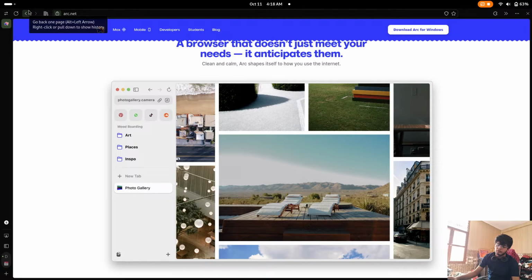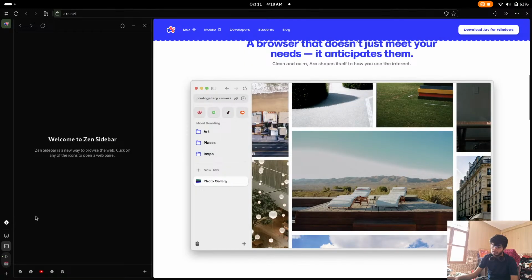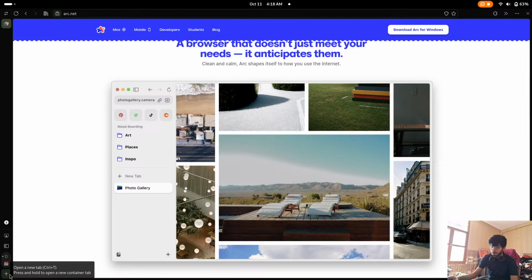You have to create some new profiles, you can get it here. And this is the Zen sidebar, which is not available on this Arc browser. And everything you can get is here, and it's very cool. Like, it is based on, I don't know,